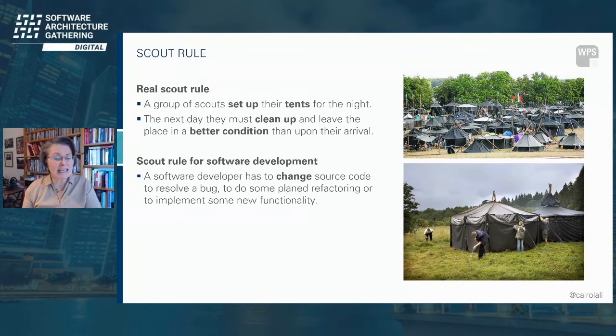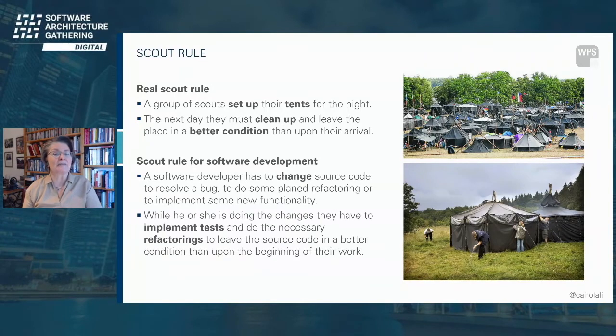And the cleaning up job is that while he or she is doing a change, they have to implement tests and do the necessary refactorings to leave the source code in a better condition than upon the beginning of their work.